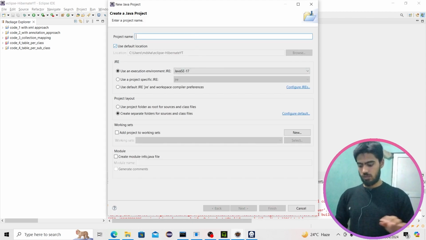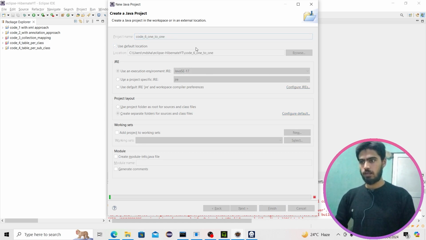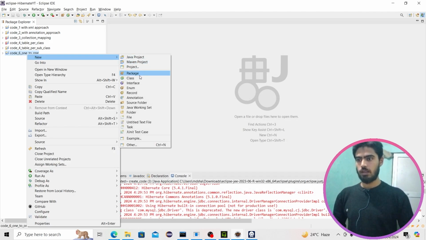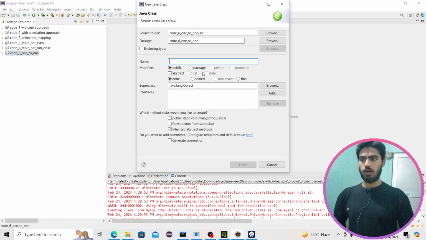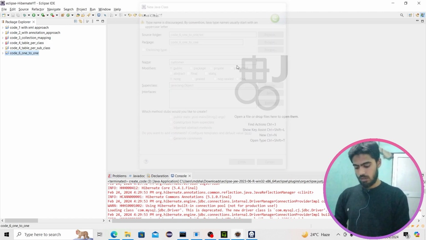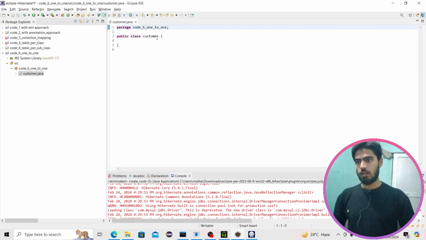Just create the project, Java project. Suppose this is the code for one-to-one association mapping, in which we have to create the customer and address relationship. In our customer,